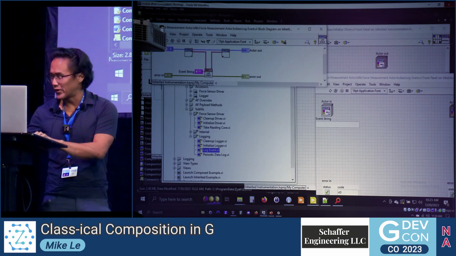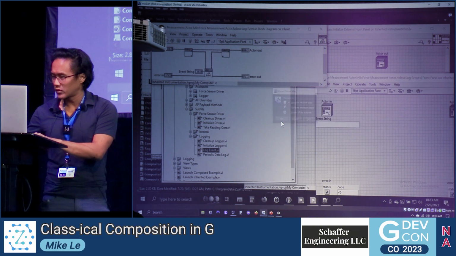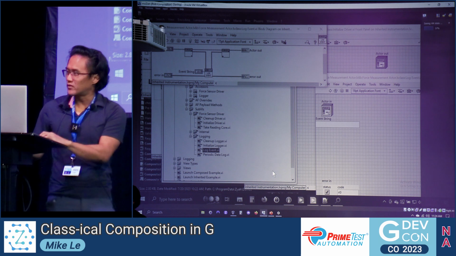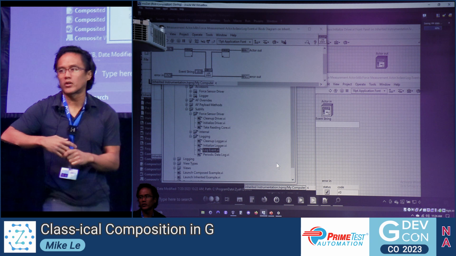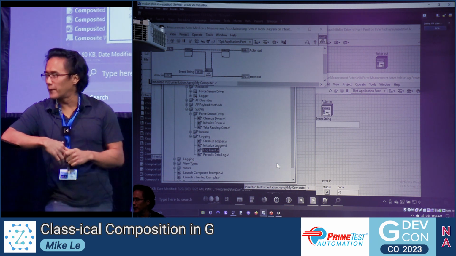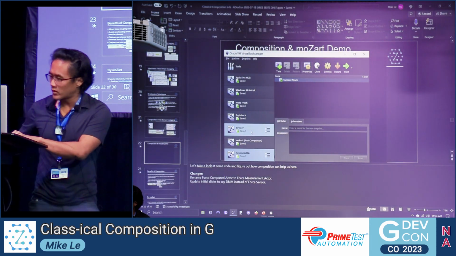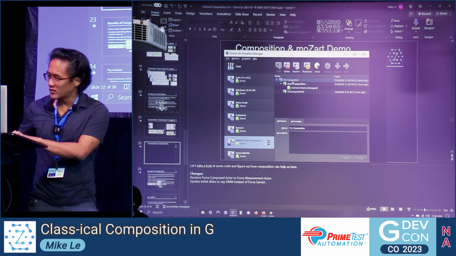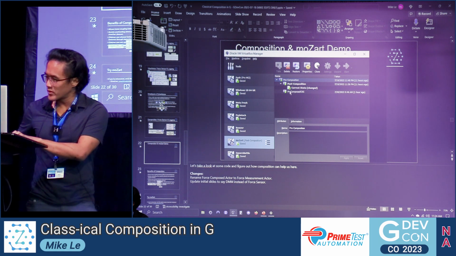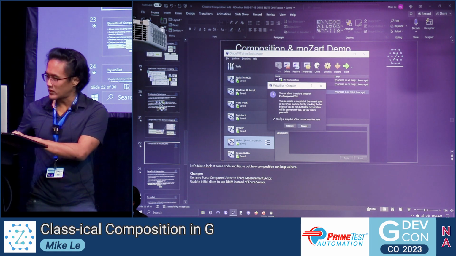I hate that dredge work of composing a class in and then right-clicking, make a static dispatch method, and then like unbundling, rebundling, blah, blah, blah. I hate that. So at Zaya, we made a tool. If the VM would close so I can switch it. We're starting to work on moZart. And I think moZart makes it a lot easier. We have a couple things we're working on that we're hoping to make work pretty smoothly there. Okay. And I'm gonna switch to the pre-compose state on my VM.